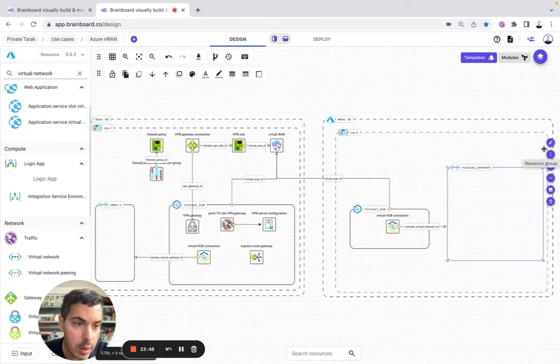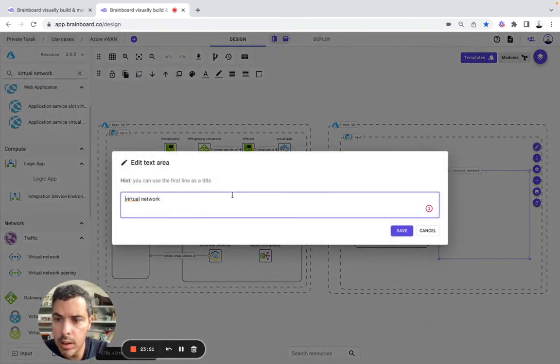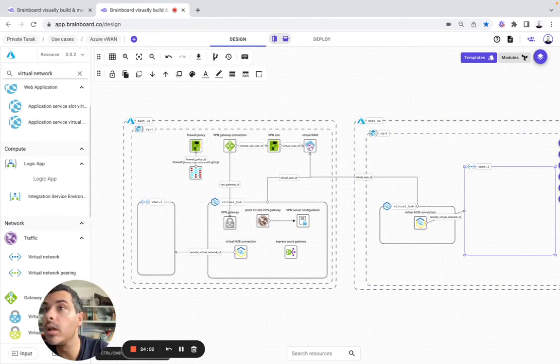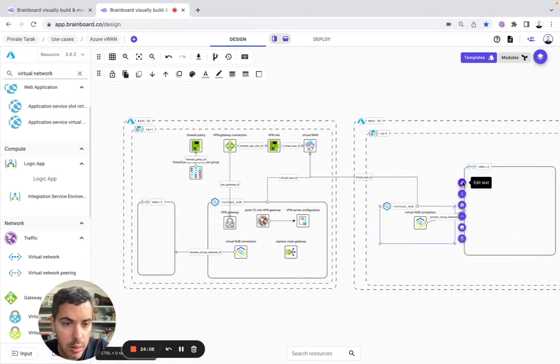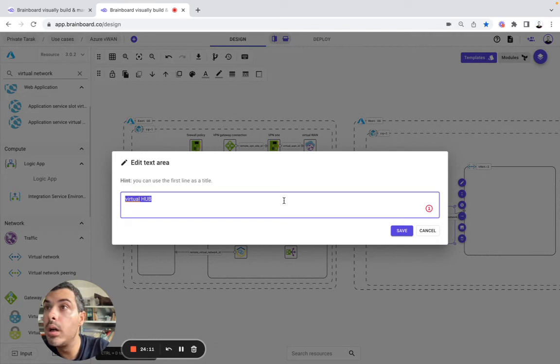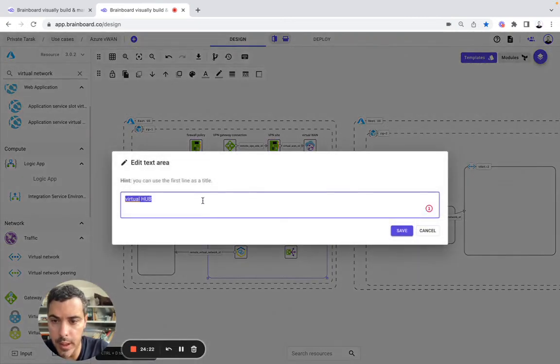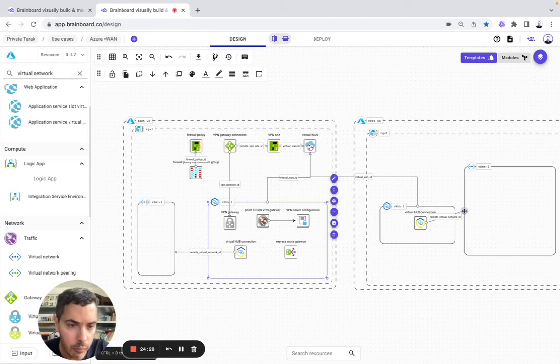And here I will, so it's VNet. Here is V, no, V hub 2, and here is V hub 1, and this